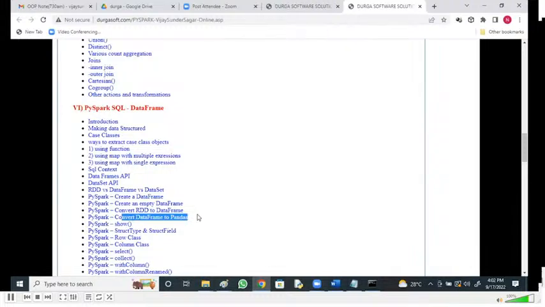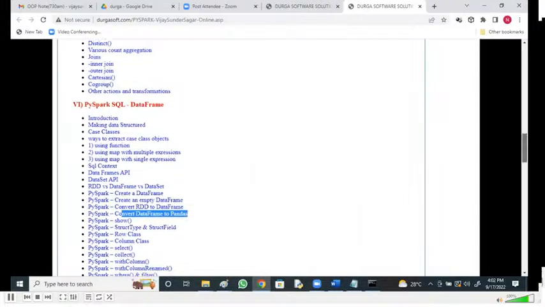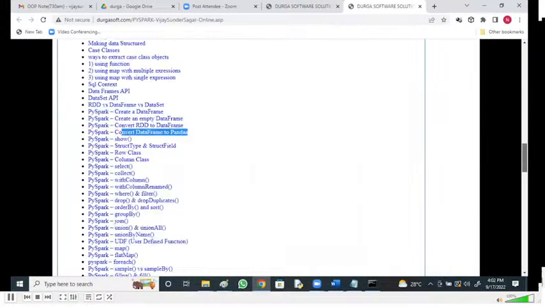Struct type, row class, column class, select, collect, with column renamed, where and filter, drop and drop duplicates, order by and sort, group by, join, union all, union by name, UDF, map, flat map, foreach, sample versus sample by, fill null,